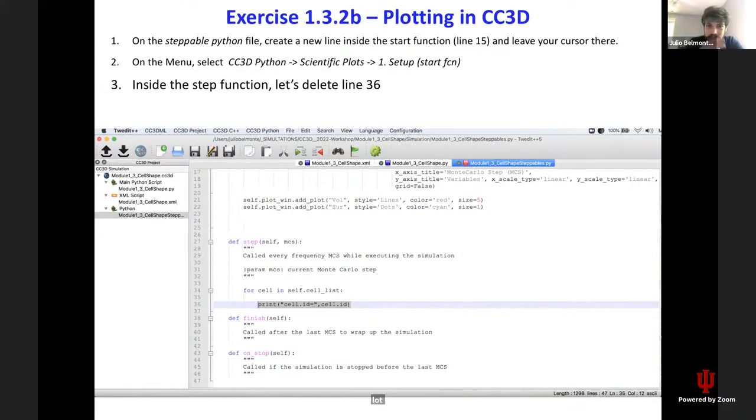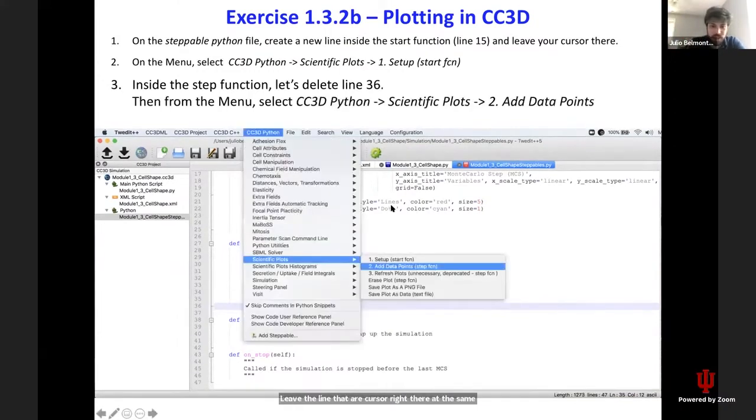So inside the step function, let's delete line 36 and leave the cursor right there at the same indentation level. And now I want to go again to CompuCell3D Python, scientific plots, and now I want you to select the second command, which is add data points, okay? And you can see that the parentheses tell you that this command should be in the step function, okay? So again, delete line 36, leave your cursor there, then go to the menu, CompuCell3D Python, scientific plots,